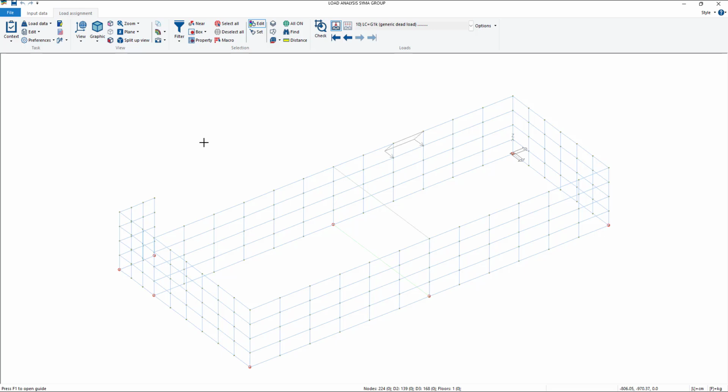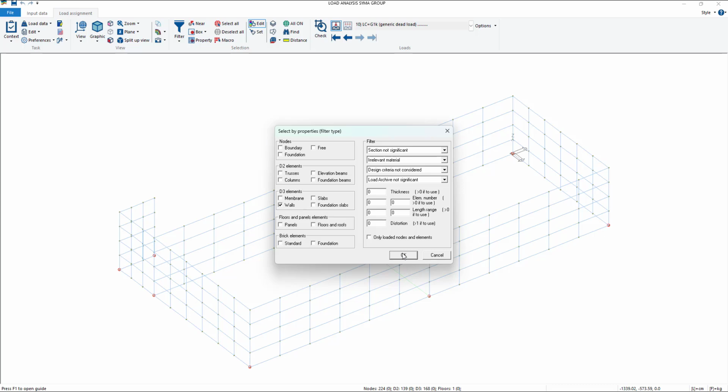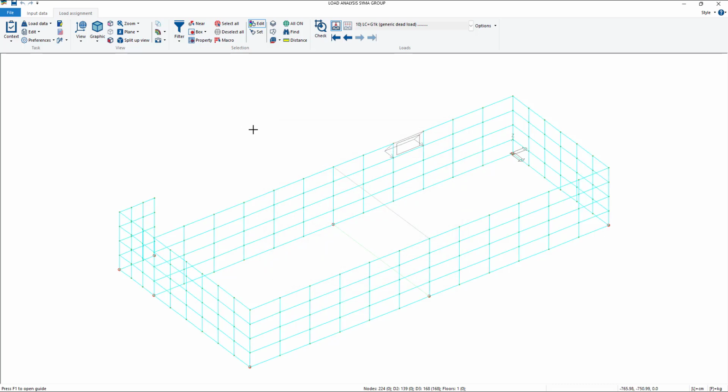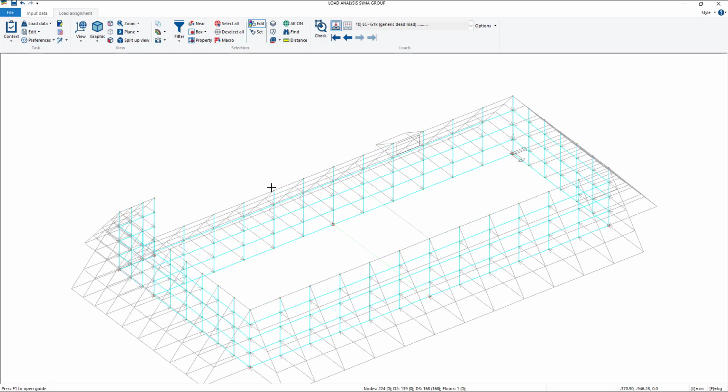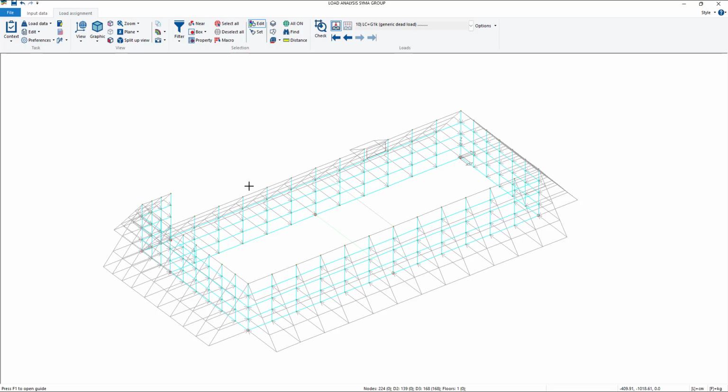Now, to apply to every other element of our structure, every other wall, we can go Property, Walls, OK, right-click, Sum Reference. With this command Sum Reference, you add the last generic load that you applied to the already present loads.